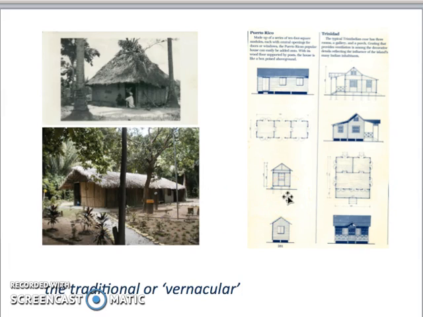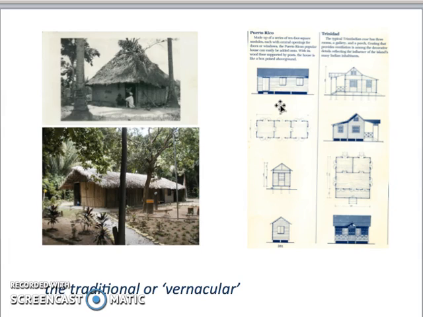On the right-hand side, there are two images of vernacular type dwellings. On the left here, you can see a vernacular dwelling from Puerto Rico, and on the right, a vernacular dwelling from Trinidad. And these were drawings prepared by the Guadeloupean architect Jacques Berthelot, who traveled around the Caribbean and who